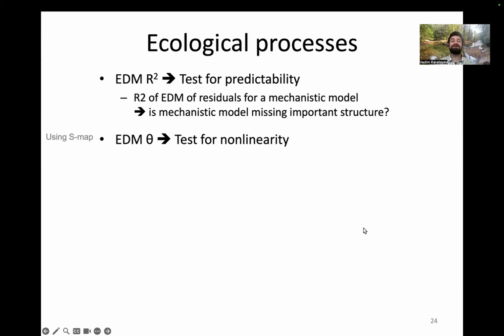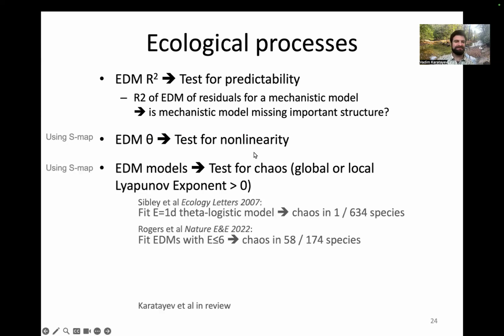And finally, we can learn a lot about fundamental ecological processes, again those core system properties. Fundamentally, just ask, do these black box models do a good job of predicting things? If they don't, it means your time series is mostly stochastic. There's not much deterministic pattern there. You can also fit a mechanistic model and then take the residuals of that model and see, is there any consistent pattern in the dynamics left over? I've mentioned tests for nonlinearity. With S-map, we can also